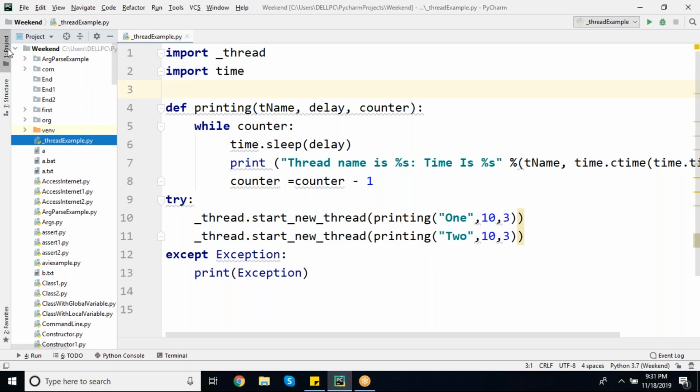Start is a life cycle method of thread which is meant for creating and starting the thread.